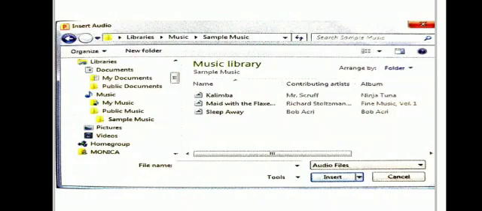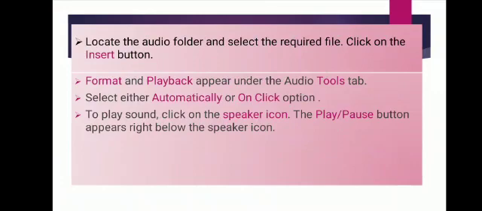When you click on the insert button, you will notice a speaker icon on the slide. Two additional tabs, named format and playback, appear under the audio tools. So on the playback tab, in the audio options, select automatic or click.